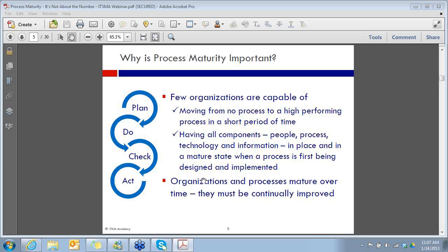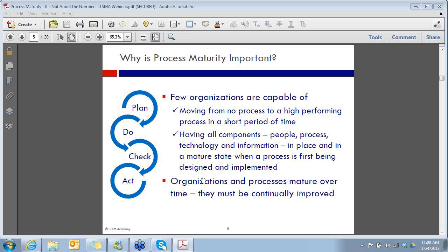One of the things you have to look at is not only the maturity of your processes themselves, but the maturity of your organization's ability. And y'all can chat with me: how many of you are still having the debate in your organizations about what is a process versus what is a procedure? It's okay if you say, yeah, man, that's us. It's very common that organizations have to go through that process of understanding what a process is, how to design and improve processes, learning the mechanics of designing and improving processes.